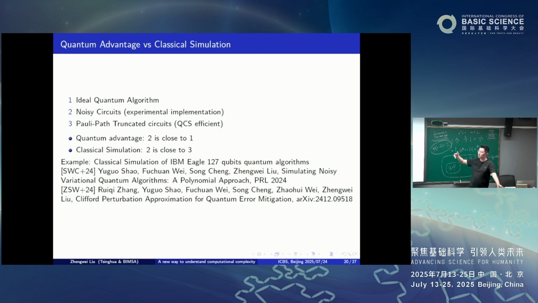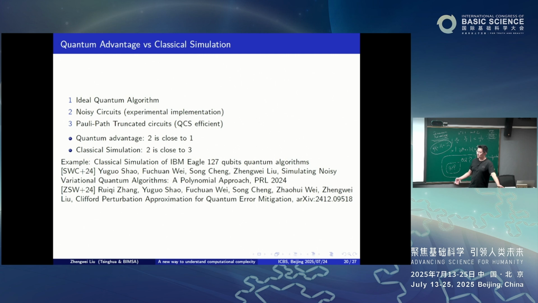If you have more Pauli words, that means you have more noise, and that will be a term that has exponential decay in the average case. So if we combine the two, then essentially we can show that for most quantum circuits, if you take a quantum circuit randomly, most of them have classical simulation. So only a very small class will have quantum advantage. And then the question is whether we really have such a circuit even in a small class.